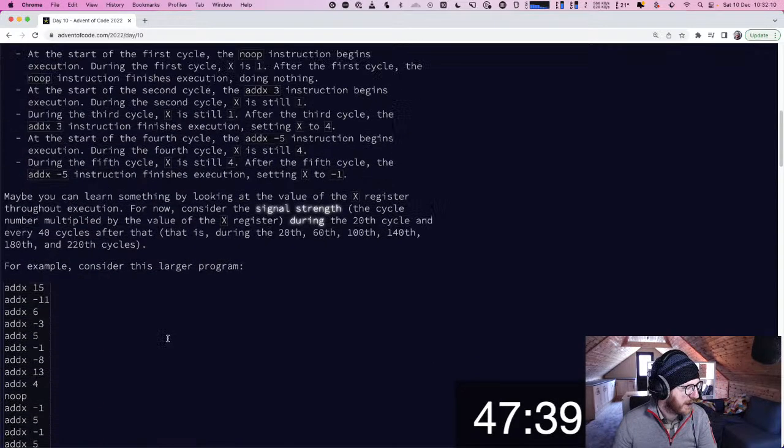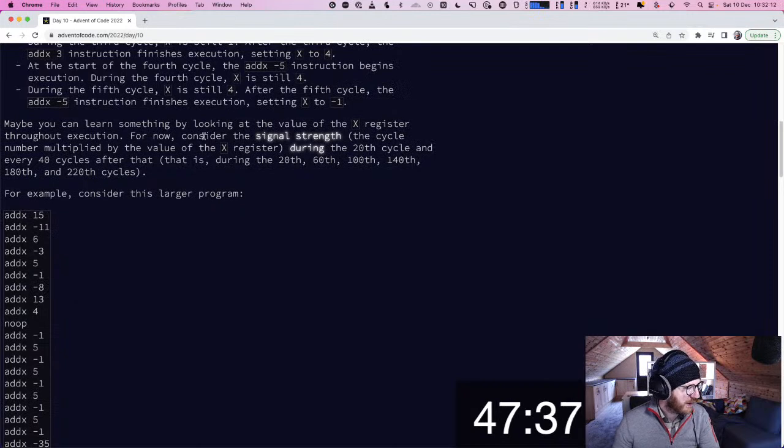Okay, I can kind of see that. We can learn about looking at the value of the X register throughout the execution. For now, consider the signal strength, which is the cycle number multiplied by the value of the X register. During the 20th cycle and the 40th cycle after that,